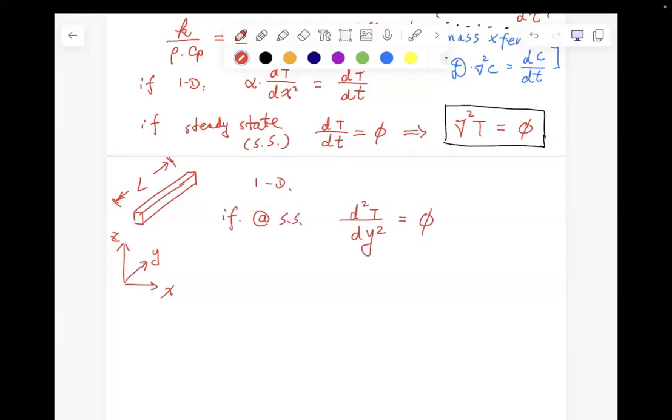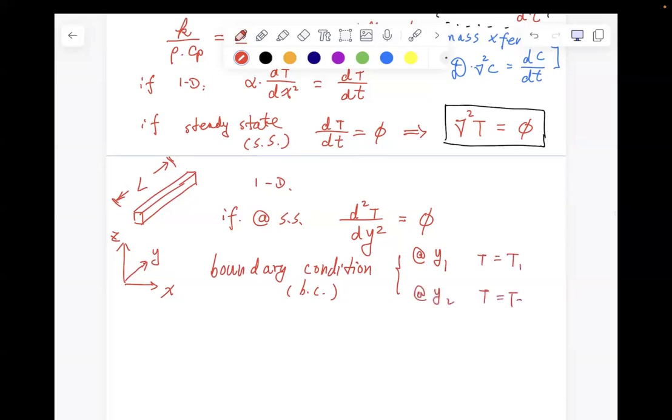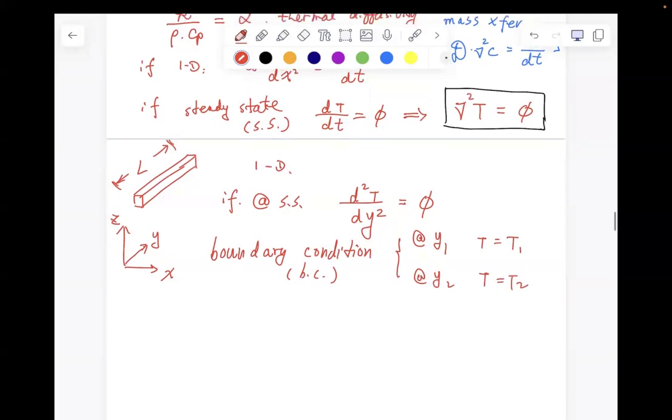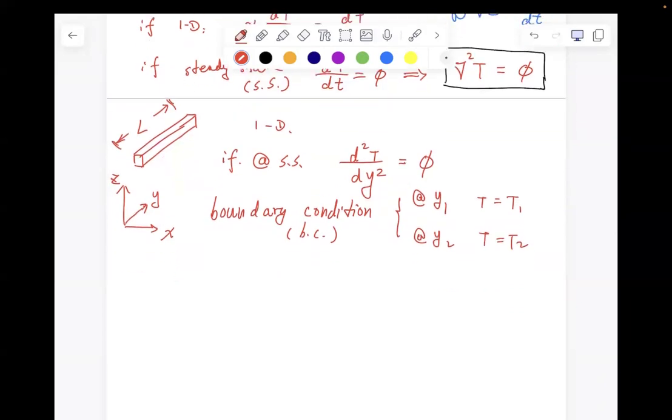And then if you have this equation, and then we look at the boundary conditions, hopefully in future I can use BC for boundary condition. At Y1, we have temperature T1, at Y2, temperature T2, then we integrate that second derivative equation once